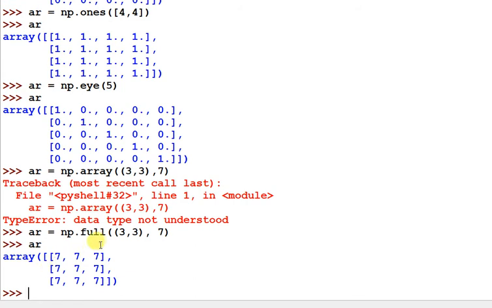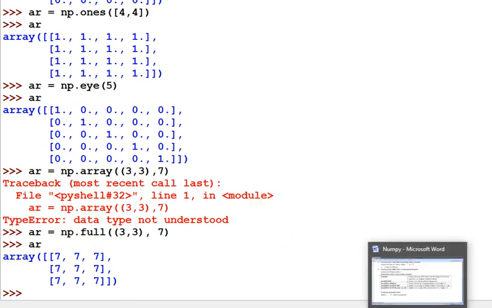It generates a 3 into 3 2-dimension array, and that is filled with the 7 value. So all the elements are filled with 7. Sometimes you need to create a specific dimension array, a 2-dimension array, and you want to fill all the elements with a specific value, so you can use this np dot full function.